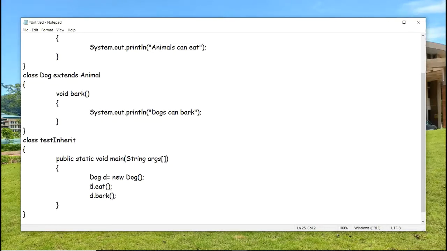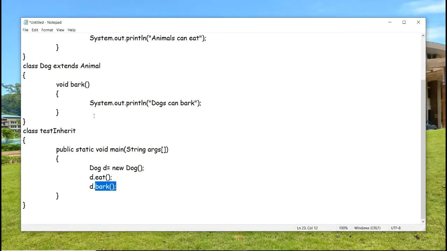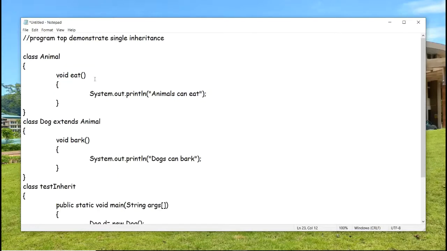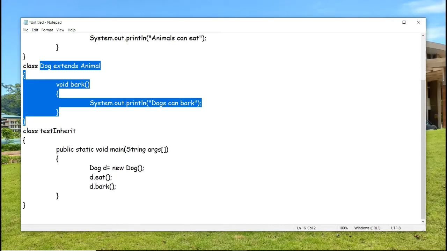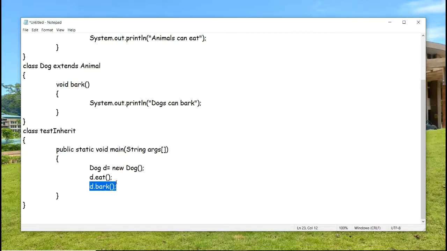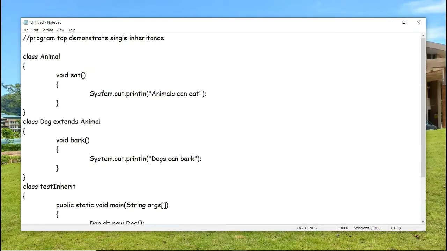Now what you have seen is that, using the same object, I am trying to call two different methods which are present in two different classes. This is possible only because I have inherited the properties of class Animal into class Dog. Otherwise, in order to do the same thing I would have had to create two different objects, one for the Animal class and the other for the Dog class.